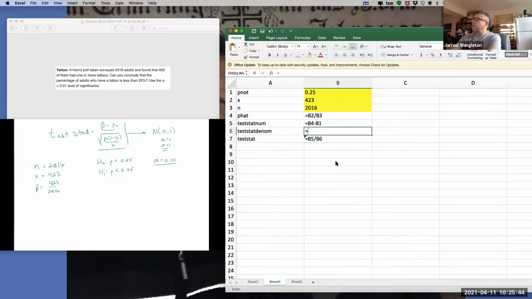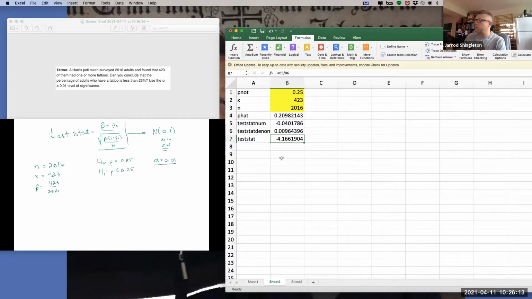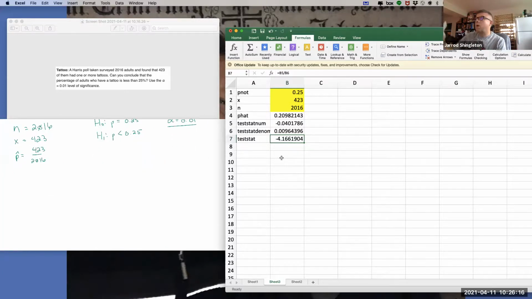For the denominator, I'm going to use the square root function, SQRT, and then I'm going to multiply p naught times 1 minus p naught, divided by n. N is right here. N has not changed. Let's take a look at our numbers real quick before we go further. Okay, great. My test statistic is negative. This is good. It's a left-tailed test. Now, if I was to draw the picture of what our p-value is going to equate to here,